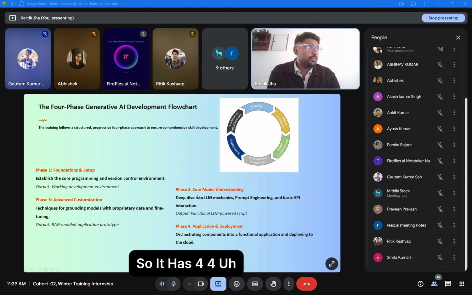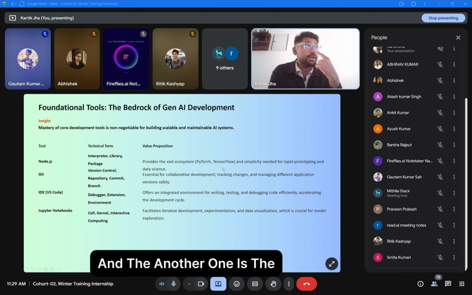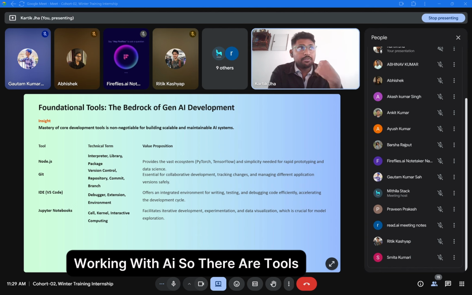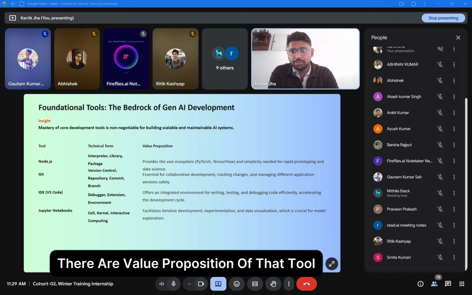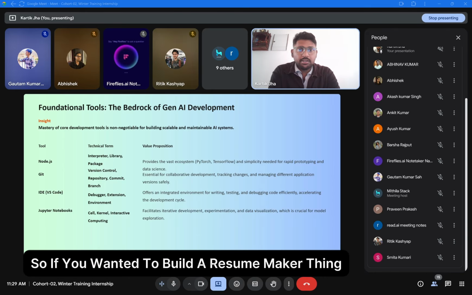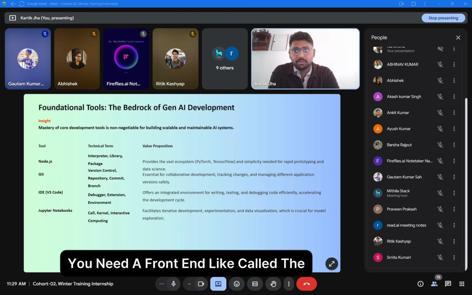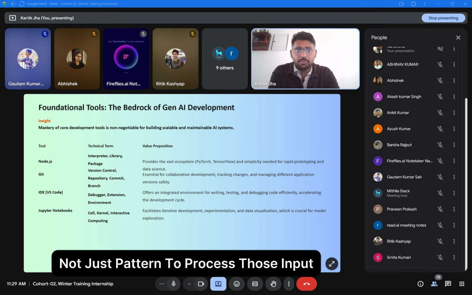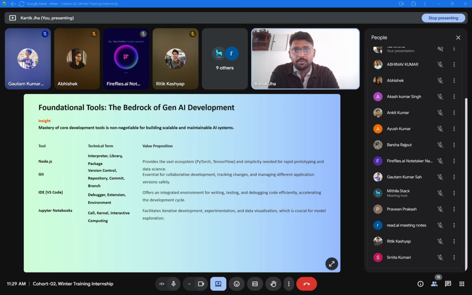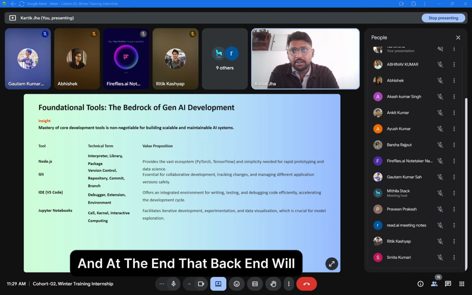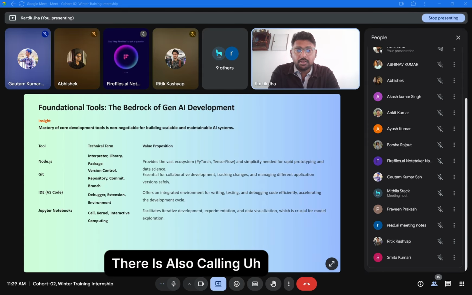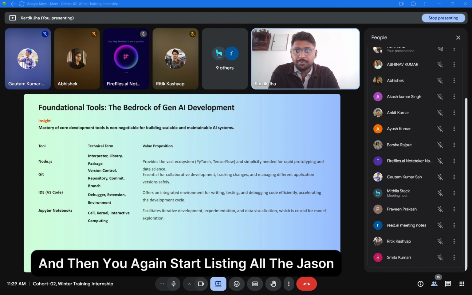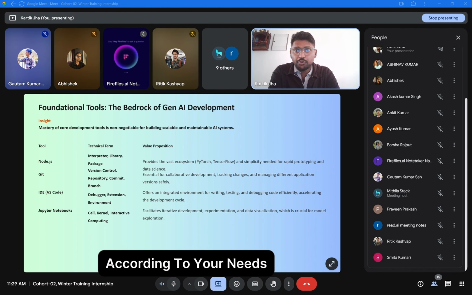So it has four phases of proper development. The other thing is what you actually require for working with AI: there are tools, and the value proposition of each tool. If you want to build a resume maker, you need a front end where you will take all the inputs, and a server like a Node.js backend to process those inputs and build an API with the desired outcome that you want. At the end, that backend will be responsible for calling the Gemini service or ChatGPT service to give you a desired result. Then you shortlist the JSON according to your needs,